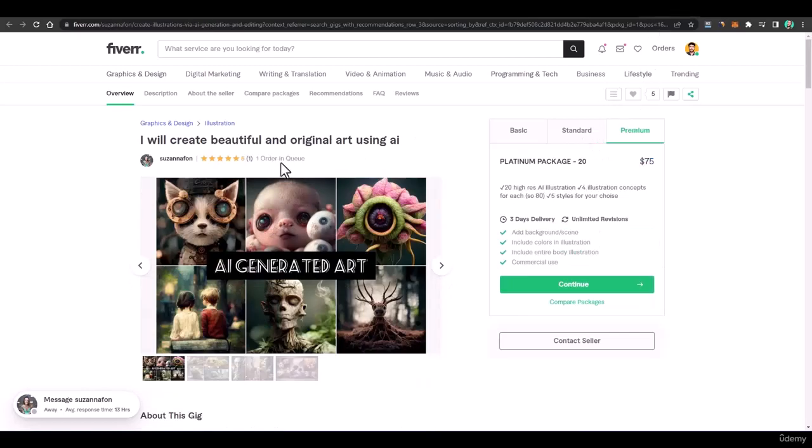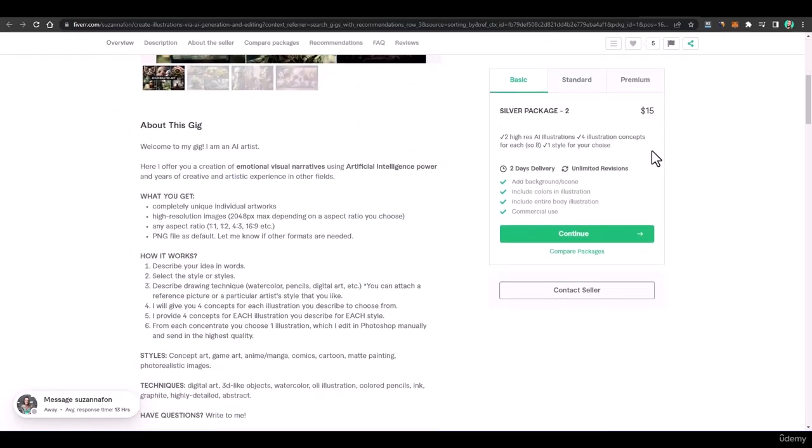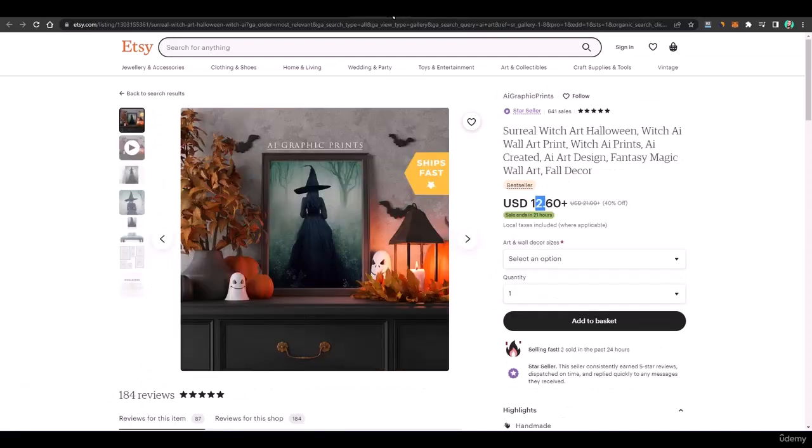This one is providing 20 illustrations for $75, then 5 for $30, and 2 for $15. So that's how people are providing services on platforms like Fiverr and Upwork, and selling their artwork on Etsy and similar platforms.